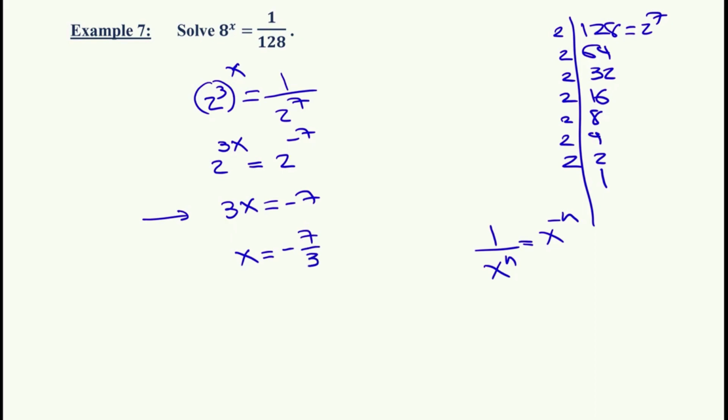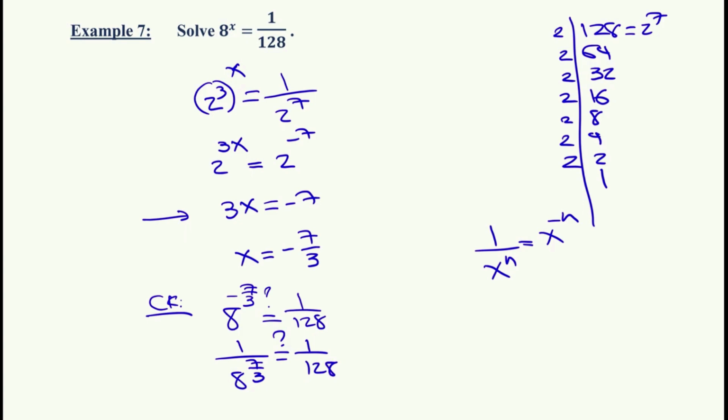All right, let's go ahead and do a manual check on this one. We want to know if 8 to the power of -7/3 is equal to 1/128. So, of course, we know that 8 to the -7/3 is the same as 1 over 8 to the 7/3. We want to know if that's equal to 1/128. So we know that that can be written as 1 over the cube root of 8 to the 7, and we want to know if that's the same as